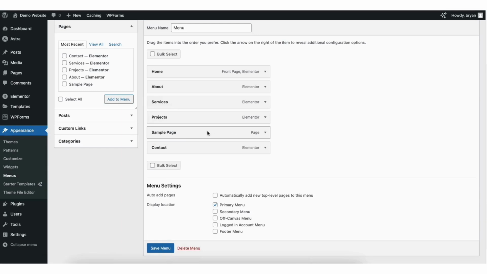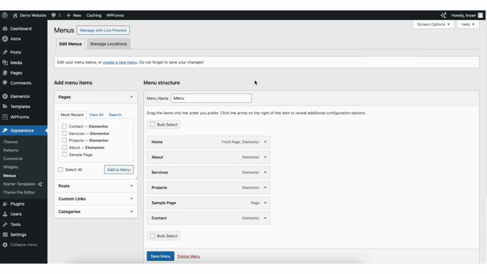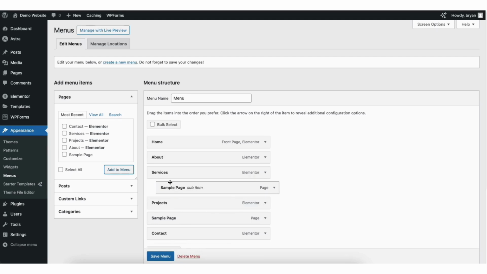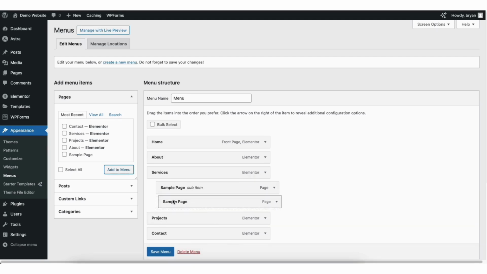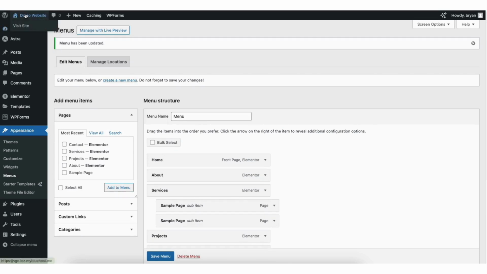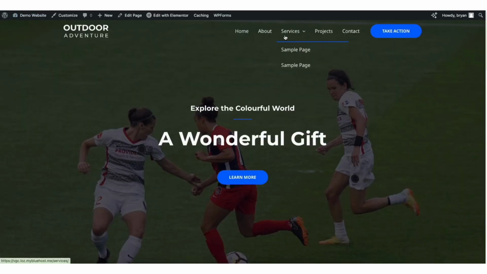If you want to create a completely new menu, you can click Create a New Menu. If you want to have sub-menu items show in the menu, just add the items to the menu and place it a bit to the right under the menu name you want it to show under. I'll add a few under Services. I'll click Save Menu. I'll now pull up the view of my site, and you'll now see these sub-menu items showing in the menu under Services.